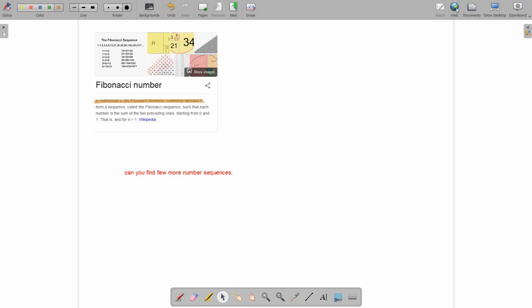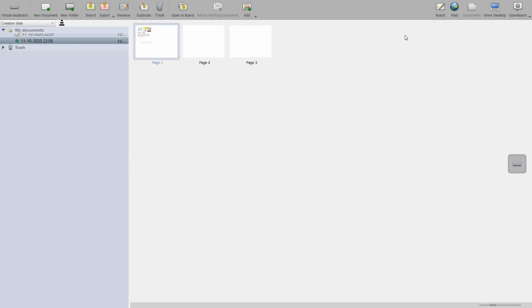In the top menu bar, we discussed up to web. Next we have documents. Once you click on the documents, you will get on the left side all the documents that you have prepared till now. That means on this open board, whatever work we have done will be stored in the form of documents with a date and a time. And if we have named the documents, the name also appears. So from here, we can select a particular file, and that can be retrieved and discussed again.